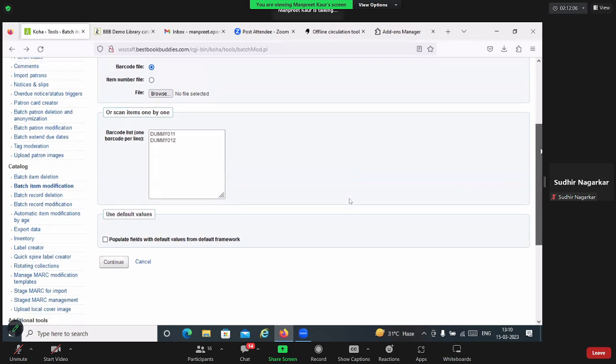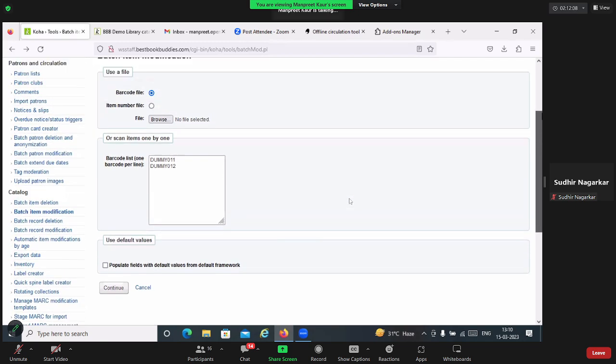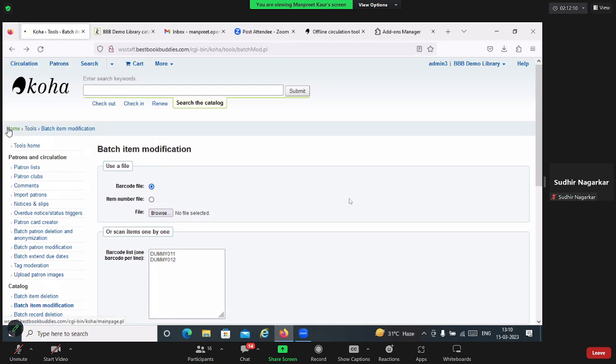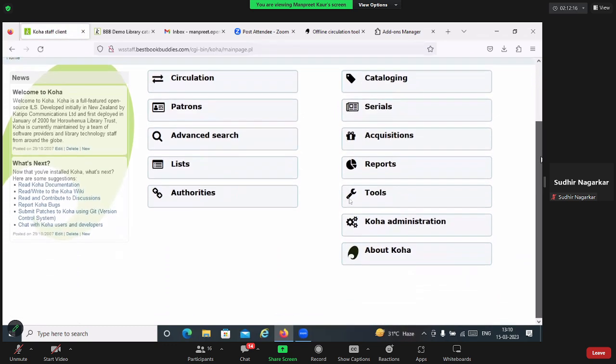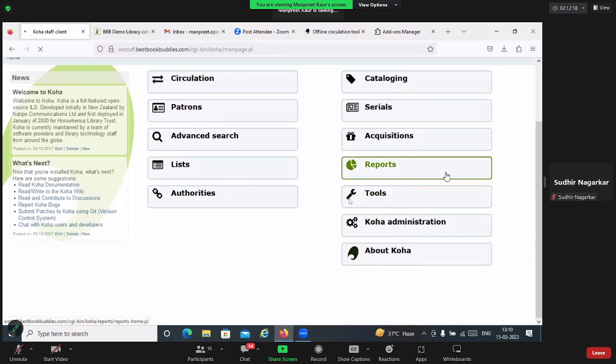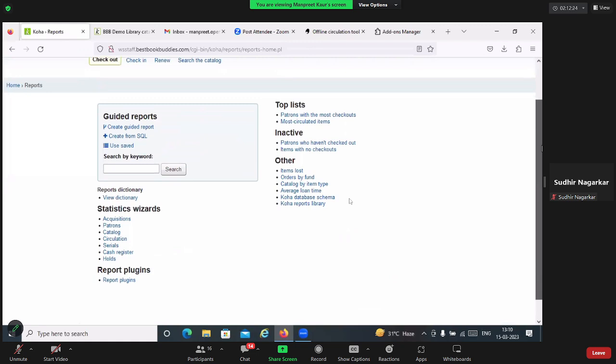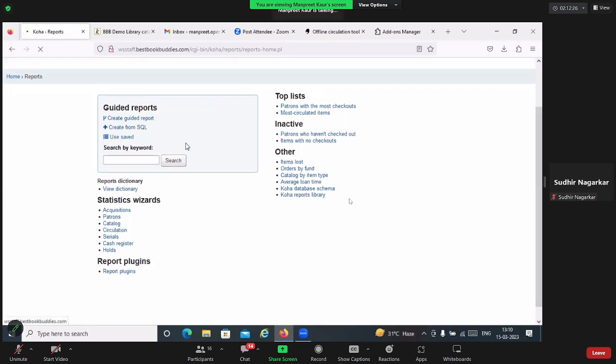The next query is for the renewal book report. Go to the reports module. And in the used saved section,